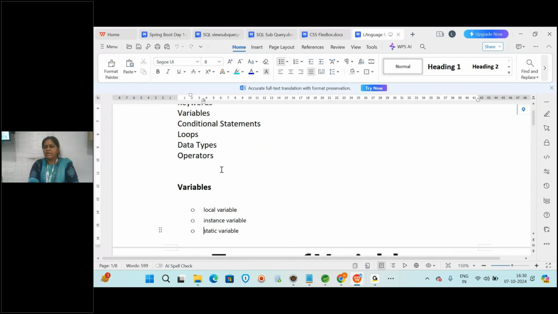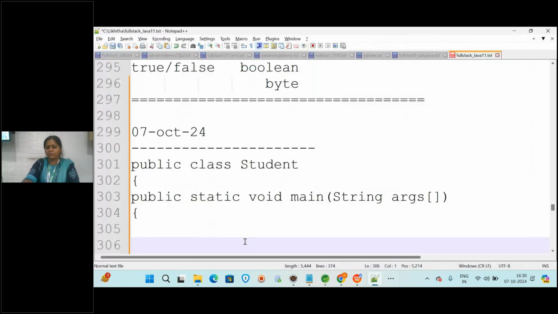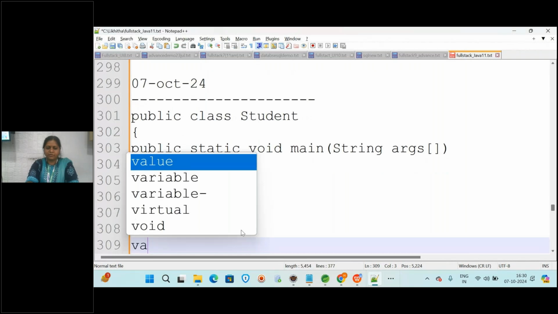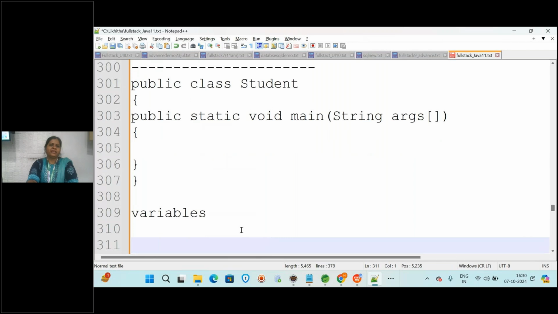Okay, so now we have seen how to declare a variable and how to store the data in the variables with different data types. Now, when we are talking about variables, how many types of variables are there? I have created int a, float salary, like this I have created different variables. So is there any category to store the data in variables?